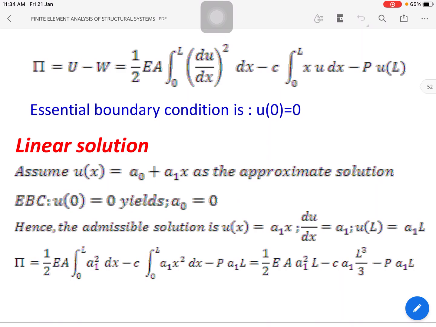And the essential boundary condition is at x equal to 0, we will substitute u equal to 0. Right, at x equal to 0, u is equal to 0. If you substitute that essential boundary condition, what you will get? A0 equal to 0 in the above solution u of x. So the admissible solution can be written as u of x equal to A1 x, du by dx equal to A1, u of L equal to A1 L, right? So this is the admissible solution. And finally, phi is equal to substituting this u of x function in the